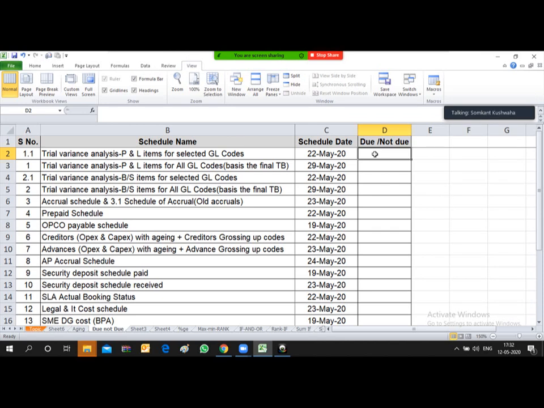So friends, with the help of today, we can derive this, and it's a combination of the if and today function. With the help of this we can derive due or not due. Let's see with the help of this formula and example.